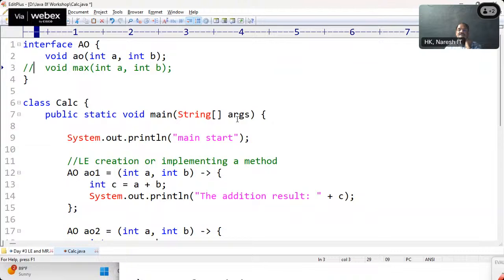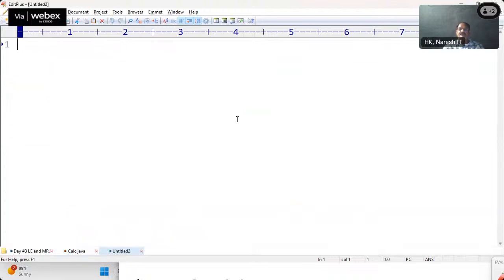I'll give you one small assignment. Can you write the code now? One small assignment. Let's see how many people can write the code. Develop a lambda expression to perform